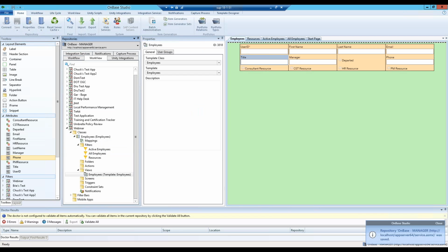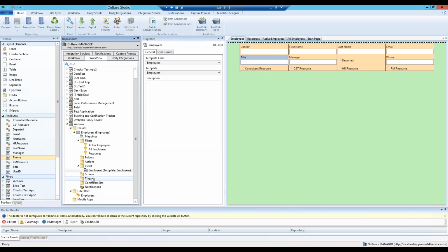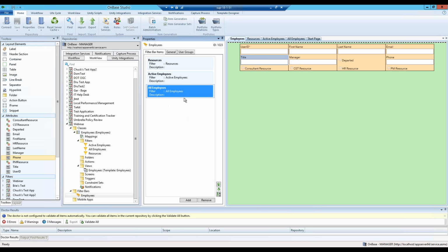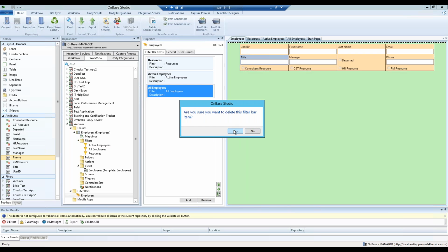All right, and last but not least, we want to look at our filter bars at the bottom of this webinar class we have here. So when I click on my employees filter bar, you can see the 3 filters that I have included under this filter bar. And filter bars are created to group filters for certain user groups or use cases. So let's say that I wanted a filter bar for admin users only, and I want the all employees filter to be in there. I can start off by removing this all employees filter from my employees filter bar,